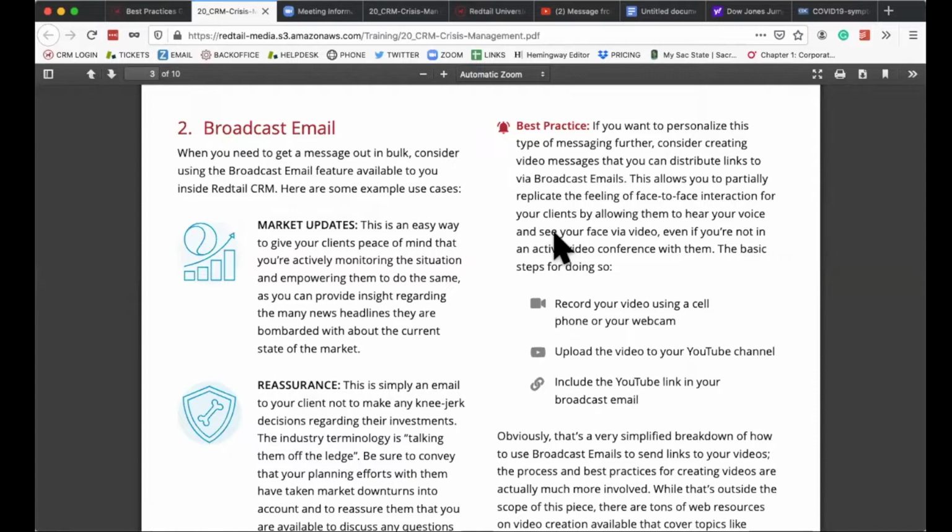And so we have three ideas of broadcast emails that you could be sending to your clients during an uncertain time. The first is just updating them with what the market's doing. They're already going to be probably receiving lots of updates via the news, but coming from a credible source that they trust dearly can be a great way for you to give them the peace of mind that, hey, we're looking at the situation and don't worry, we know what's going on and we're going to get through